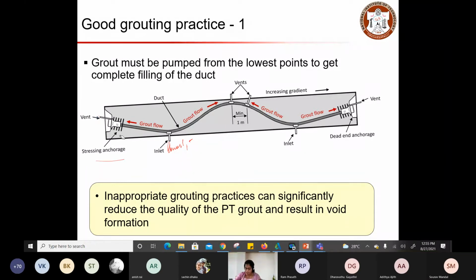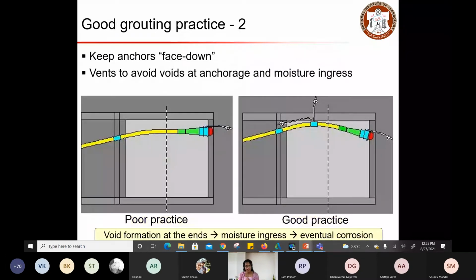You have the stressing adjustments, where you have anchored your strands, and then at the end those anchored regions will be covered also. So now, for the critical point in a structure where moisture or chloride increase is at the end, what are the ways that we can avoid such deleterious elements entering into a system?